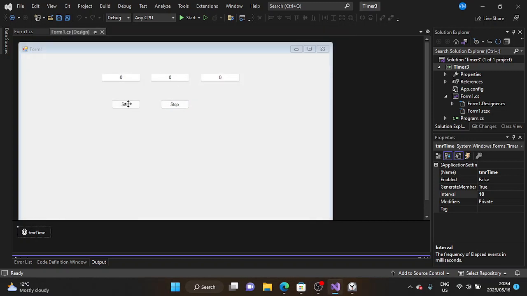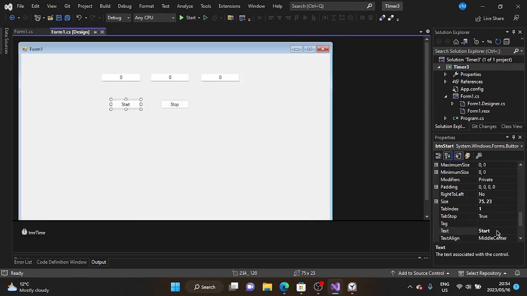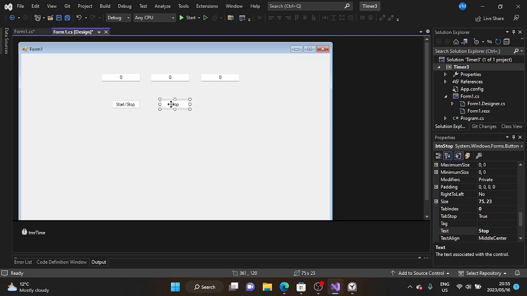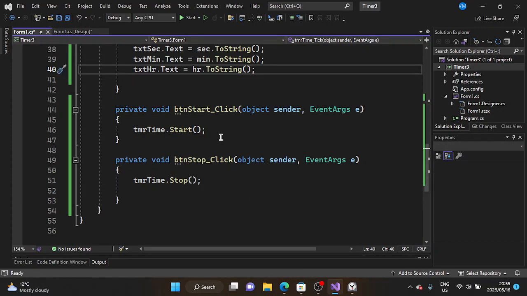What was I going to do? So I can call this start or stop, something like this. So I don't want 2 buttons, I want 1 button. So how am I going to do this? So there are 2 ways actually. You can say, okay,